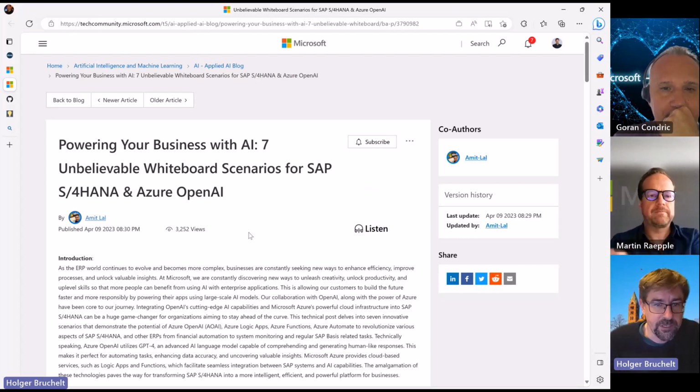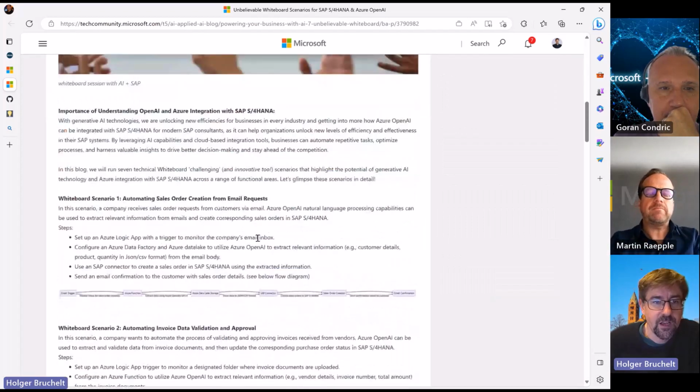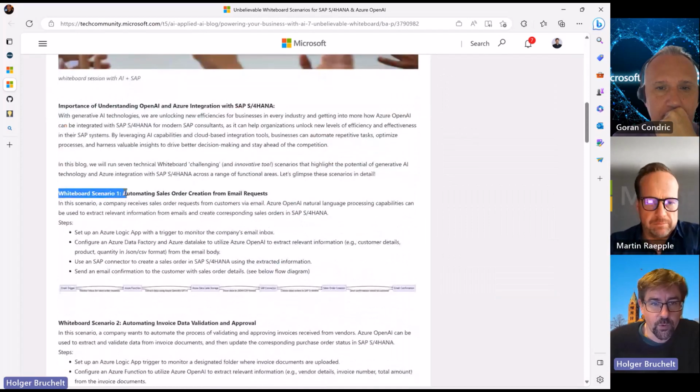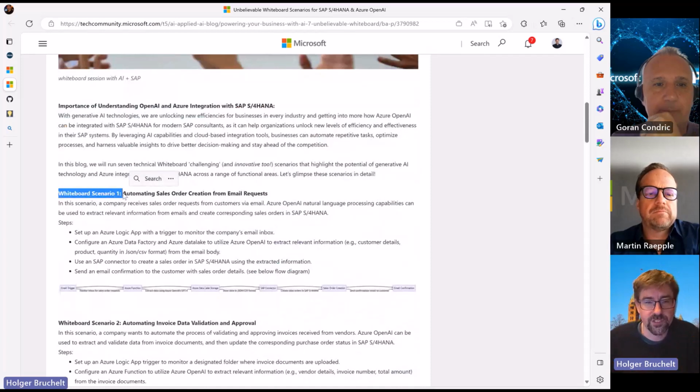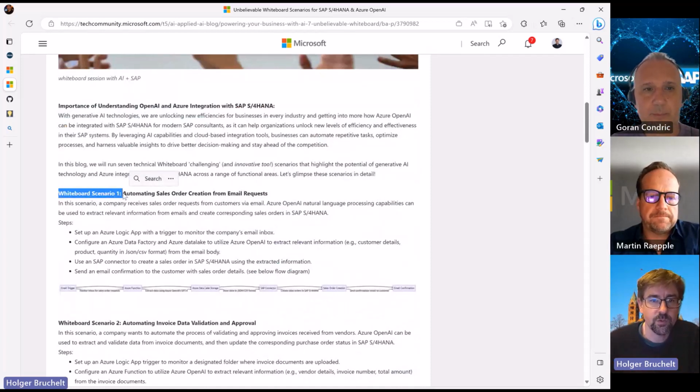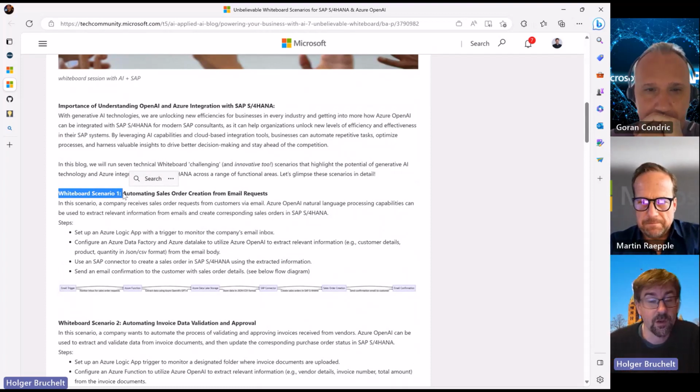What Amit does in this blog post, he highlights 7 scenarios. Basically, he called them whiteboard scenarios, where he's saying, look, these are things where AI in combination with your SAP systems or with SAP processes that you have in your company could make sense or could really enhance and